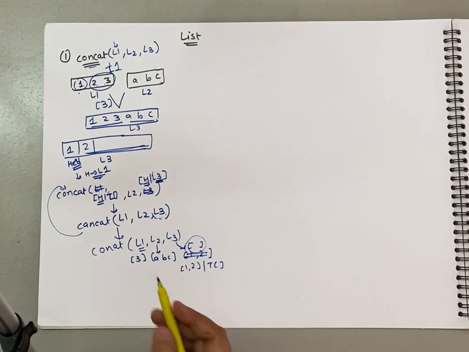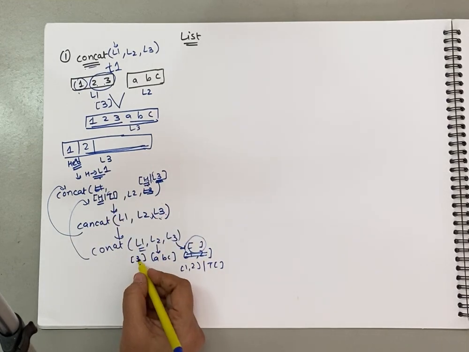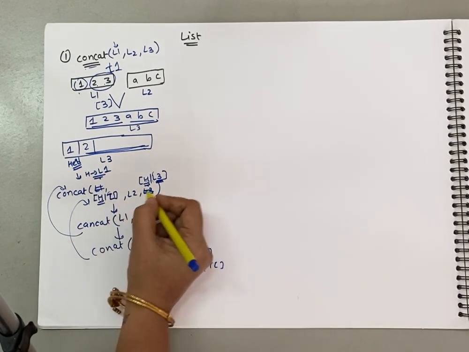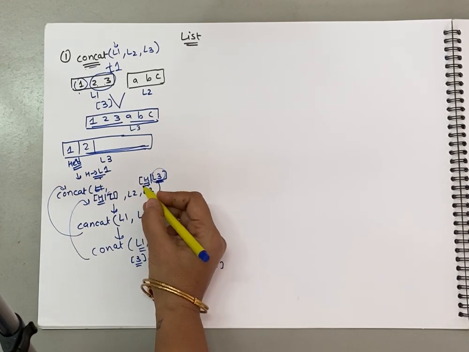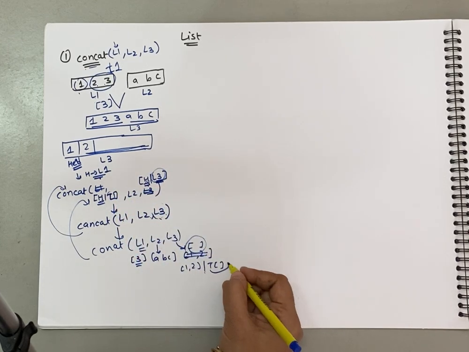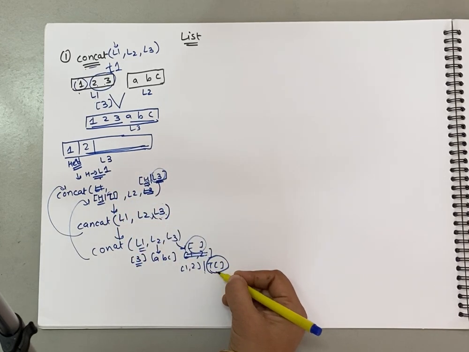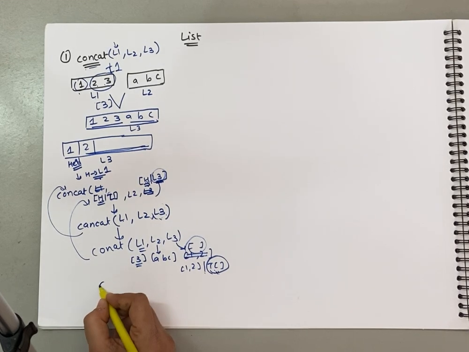So once again when the call is made, what is going to happen? Once again it will go to the main function. This element 3 is going to be copied to the head of L3. Once again, see, I am not touching the earlier added elements, that is 1 and 2, but the next element is going to be added as the head of the tail. This is very important, otherwise you will confuse concat and reverse. That's why I'm explaining it again and again. You are adding the element in the head of the tail, not the head of the entire list, otherwise it will be reverse.